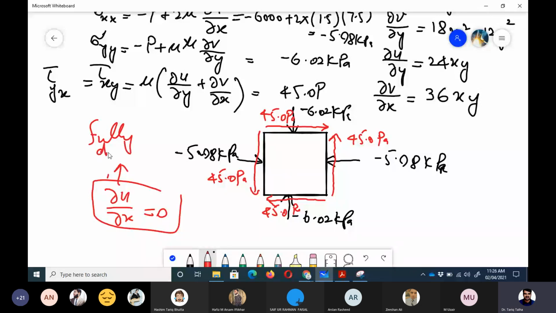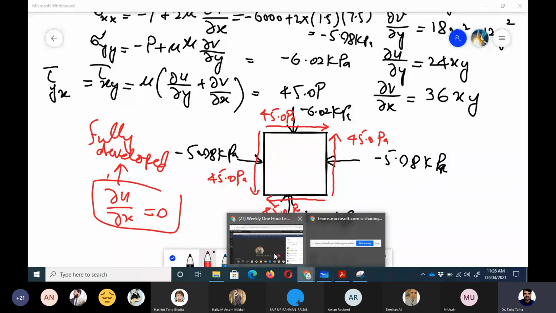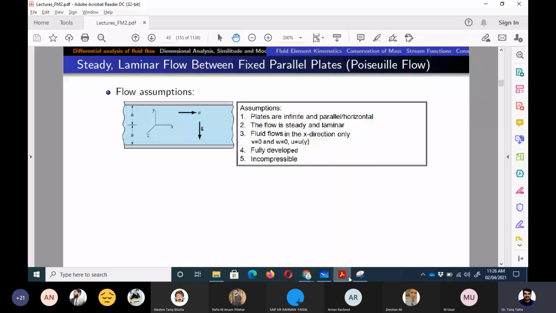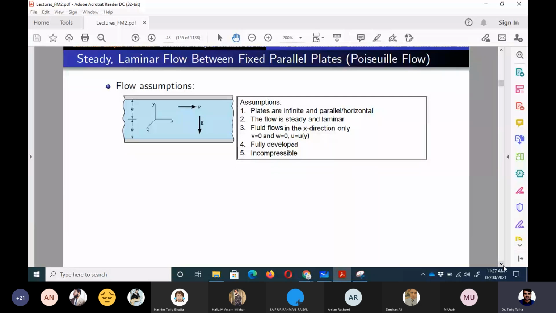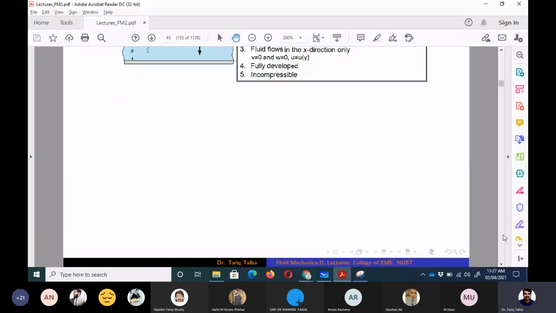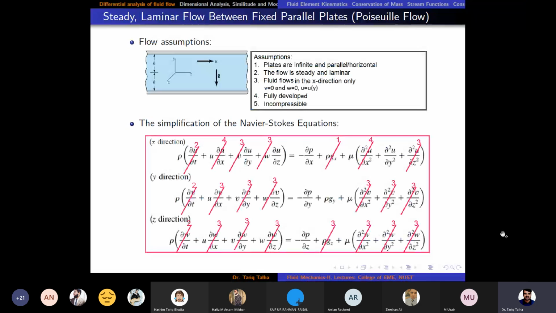That is called fully developed flow. It means that the flow properties are not changing in the x direction. So in any direction in which we say that it is fully developed, it means that the flow velocities remain constant in that direction. It is not going to change if we extend that length. So that is the assumption. And then the fifth assumption is that it is incompressible. And the governing equation which we need to